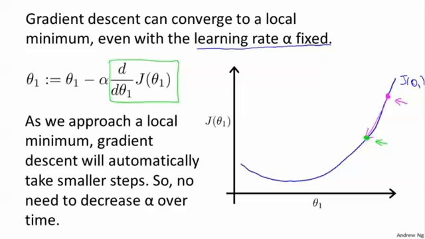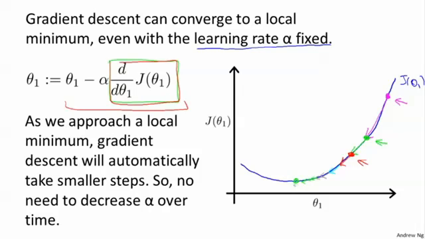So when I take another step of gradient descent, I will naturally take a somewhat smaller step from this green point than I did from the magenta point. Now I'm at a new point, the red point, even closer to the global minimum. So the derivative here will be even smaller than it was at the green point. So when I take another step of gradient descent, my derivative term is even smaller, and so the magnitude of the update to theta1 is even smaller. So take a small step like so. And as gradient descent runs, you will automatically take smaller and smaller steps until eventually you're taking very small steps, and you finally converge to